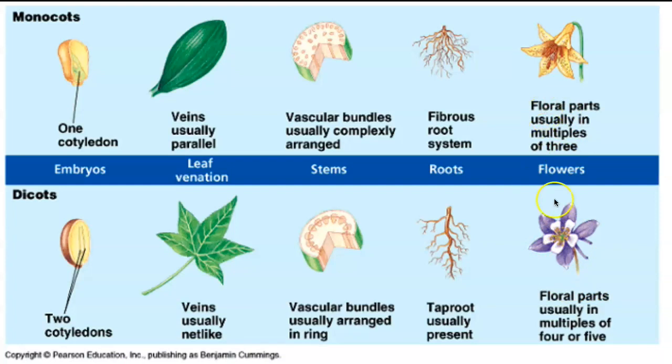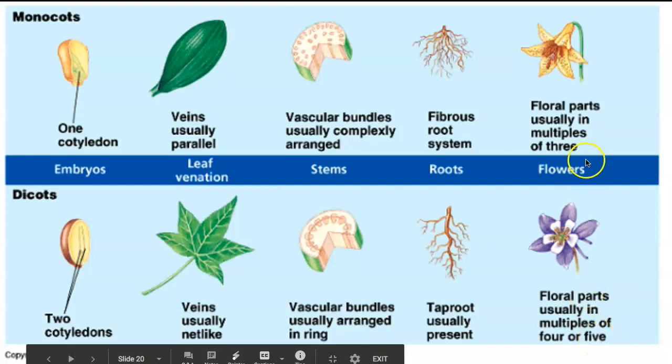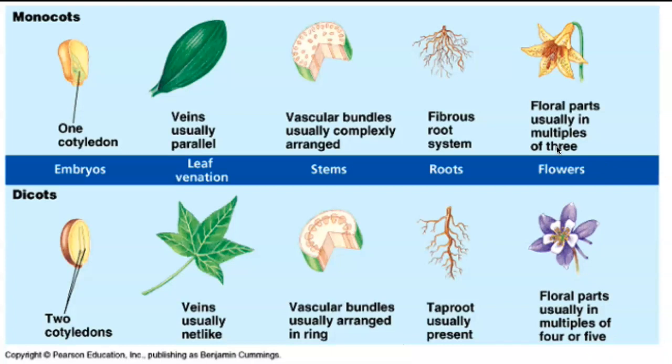Now, again, this isn't foolproof either, because what if your flower has, let's say, 15 petals? Well, 15 is not just a multiple of 5, but it could be a multiple of 3 as well. And so then you would have to look at other characteristics, whether it's the roots or the leaves. And again, I'm always going to push you guys to look towards the leaves instead. So I hope this helps you with your video or with your little lab that you guys have to do.